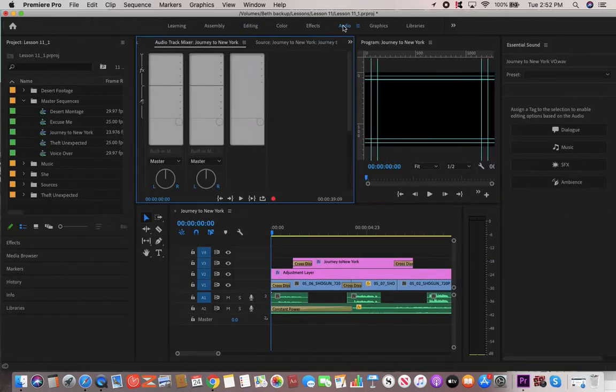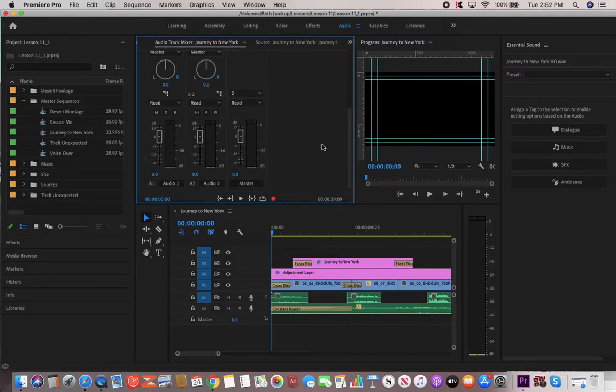all together and see what it sounds like, you'll go to the audio workspace. And this is where I got tripped up because I hadn't seen that part before. So you'll go to the audio track mixer. So in the audio workspace, go to the audio track mixer, and you're going to scroll down. And what you see here is